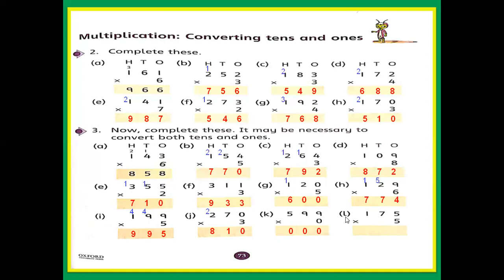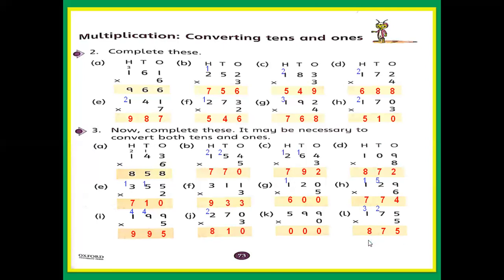And the last part of this page, 175 multiply 5. 5 into 5. Read the table of 5. 5 ones are 5. 5 twos are 10. 5 threes are 15. 5 fours are 20. 5 fives are 25. Okay, so write 5 here, and 2 will go to add into the tens. 5 sevens are 35, and plus 2, 37. Now here 3 will go to add into the hundreds. 5 ones are 5 plus 3, 6, 7, 8. Okay, write 8 here. So 875. Okay, so this is our answer.